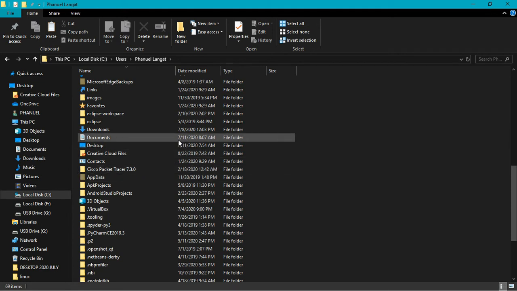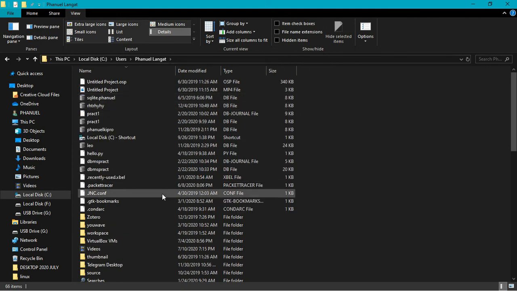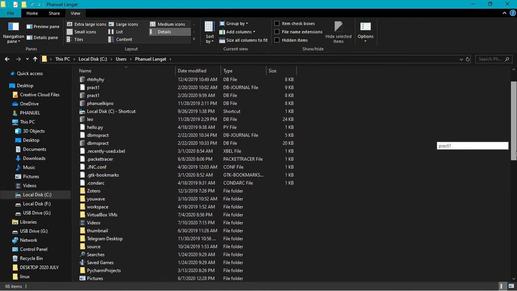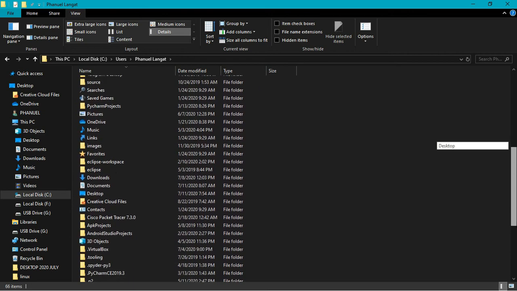And in case in your PC this folder is not available, don't worry, just come here at view tab, then you check this hidden items. So if I uncheck it, the updater folder will not be visible or displayed, right?